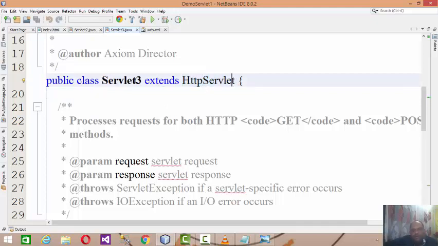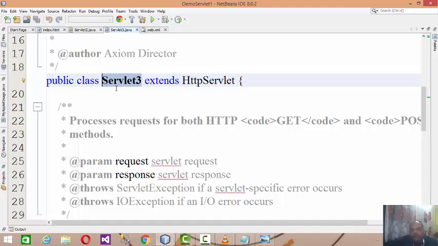It means your class gets extended from HttpServlet, so all the life cycle methods belonging to HttpServlet will be extended to my servlet3 class.